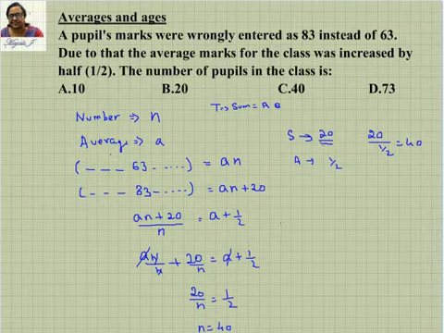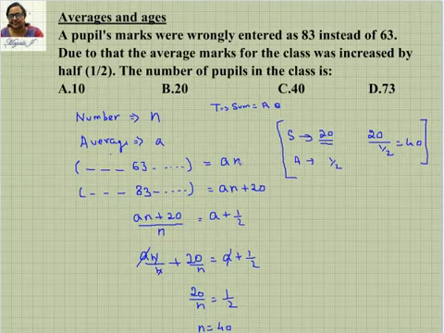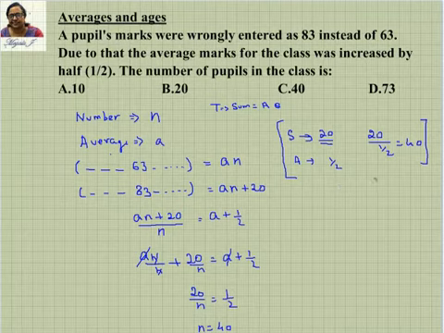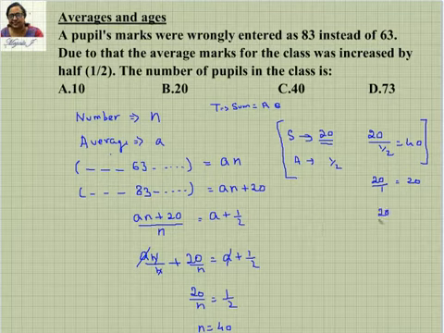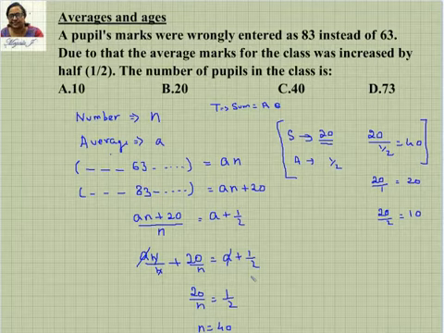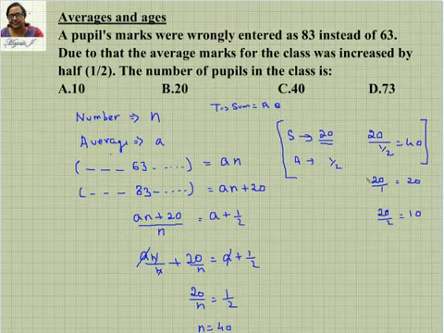So this is just a shortcut. It's nothing to do with this problem. If the average is increased by 1 instead of half, then I can say the number of quantities is 20 by 1, which is 20. If it is increased by 2, then it's 20 by 2, so the number of quantities is 10. So this is a shortcut. You don't have to go for all this, but the logic should be very clear. If you're clear with this, with whatever change is happening, you can directly find out the quantities.